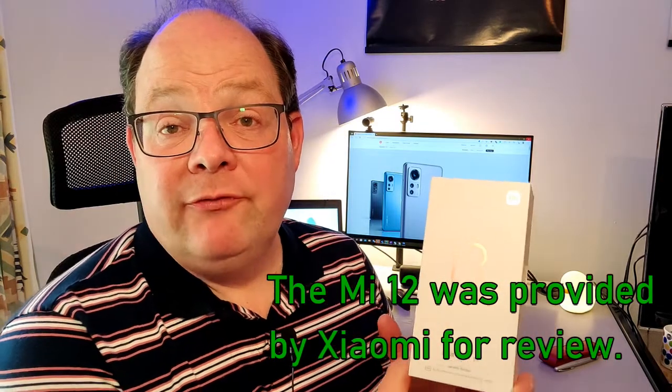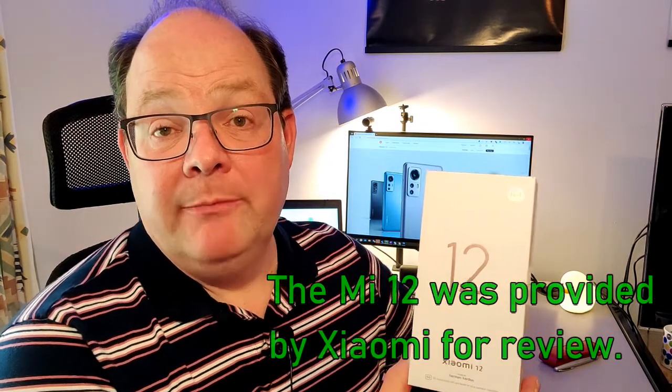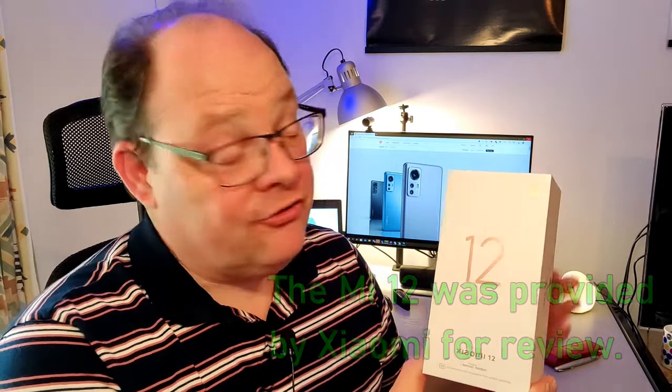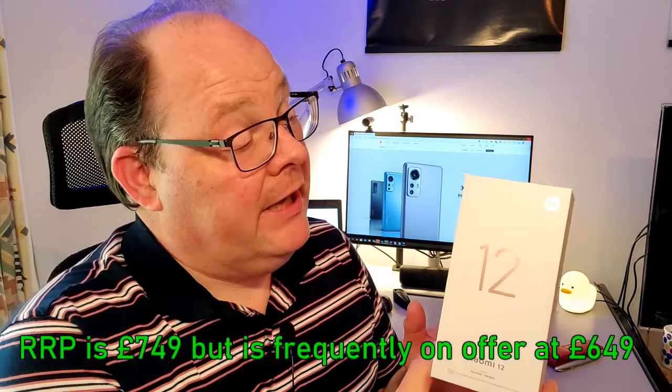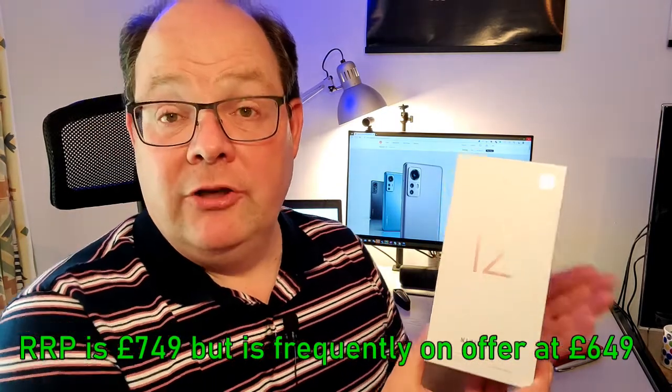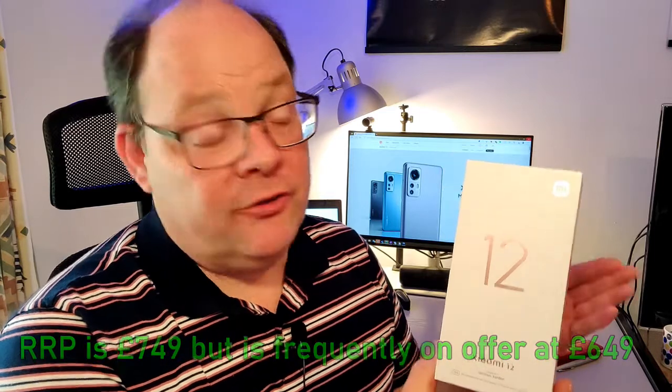Now the Mi 12 is very much positioned at that kind of upper mid-range, a kind of flagship killer, to borrow somebody else's catchphrase, but priced at £649, it very much has all the features you'd expect. You've got the fast processor, it's the Snapdragon 8 Gen 1. You've got the big screen with detailed PPI. You've got loads of memory. It starts at 8 gigs, goes up to 12, and you've also got the storage starting at 128